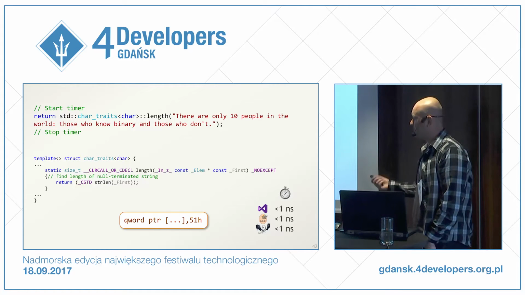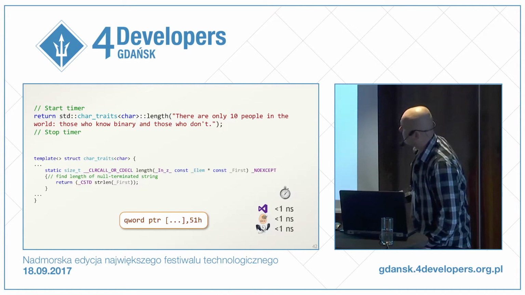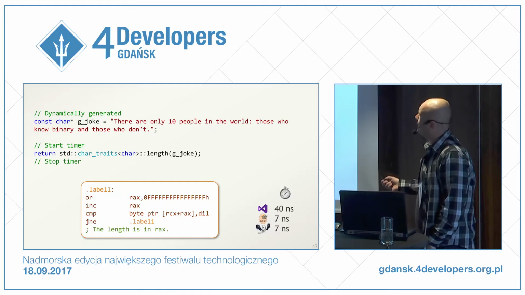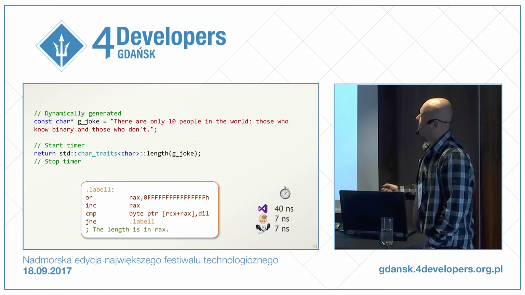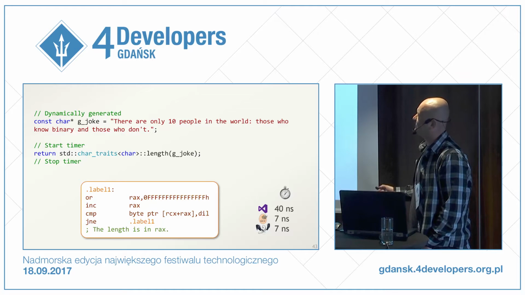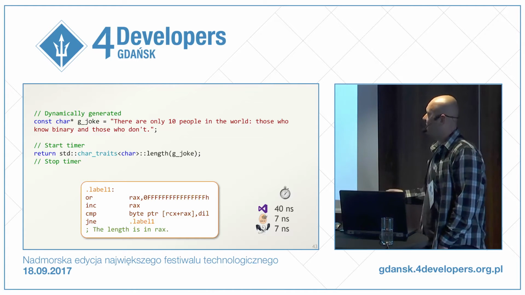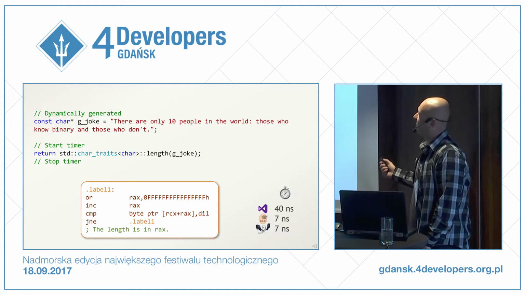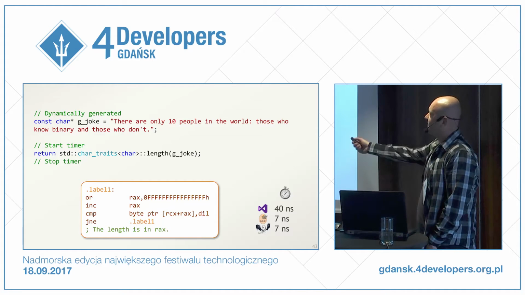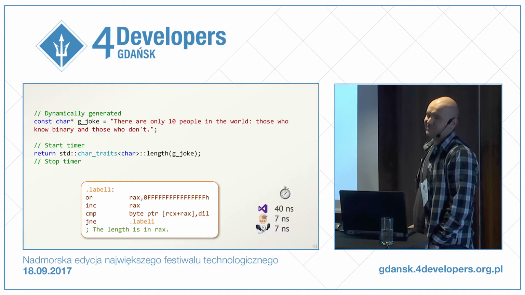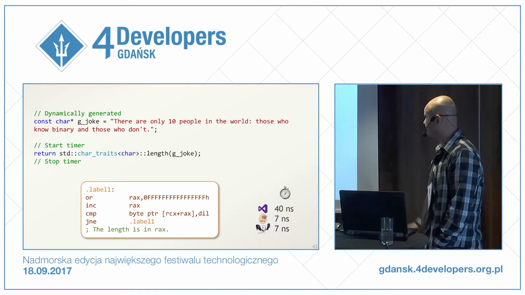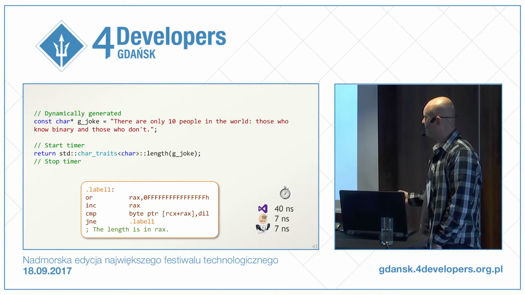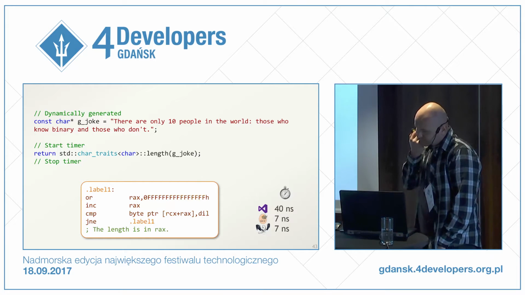Okay, let's somehow bypass this issue and try to cheat the optimizer. So the string has to be generated dynamically, not in the form I presented to you. You have to dynamically allocate space, put some characters in, to be absolutely sure the optimizer will have no idea what is under this pointer. Take a look. 7 nanoseconds. Visual Studio, slightly worse results.